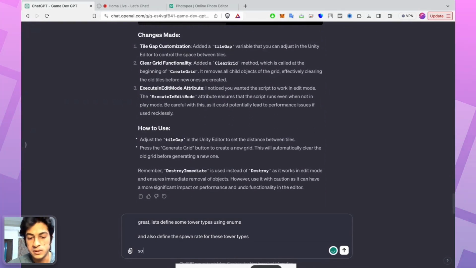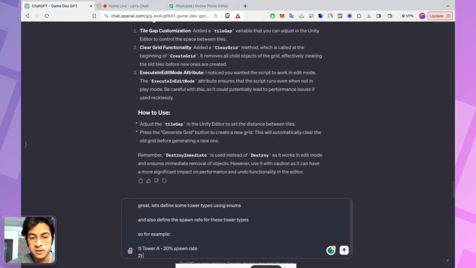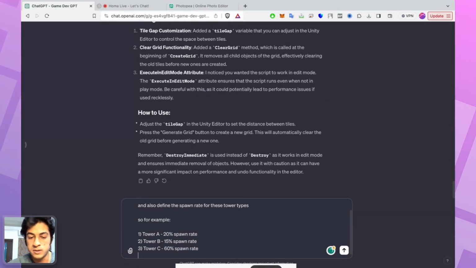So for example, tower A, maybe 20% spawn rate. Tower B, maybe 15% spawn rate. Tower C, maybe 60% spawn rate. Rest of the area is filled with tower D.